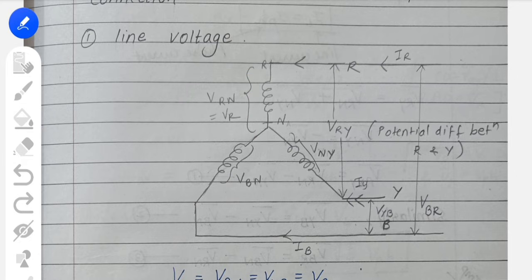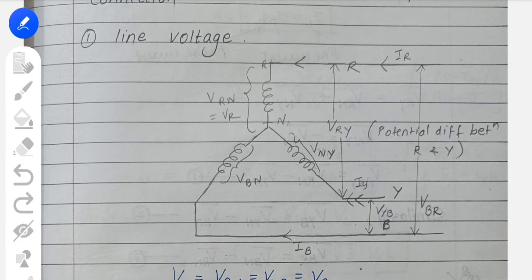Then what you will do, here again some additional voltages are there, that is this one VRY, which is the voltage between R and Y. And here VYB, which is the voltage between Y and B. Remember, no other option is there. You have to remember the diagram by practicing, or in the steps I am telling you, you have to follow. The main thing is that you have to remember this diagram. So this is the voltage across RY and voltage across YB. Then this is the voltage across B and R. So this much is only the diagram. You have to just remember the current position and the voltage position. I hope you are very familiar with this diagram.